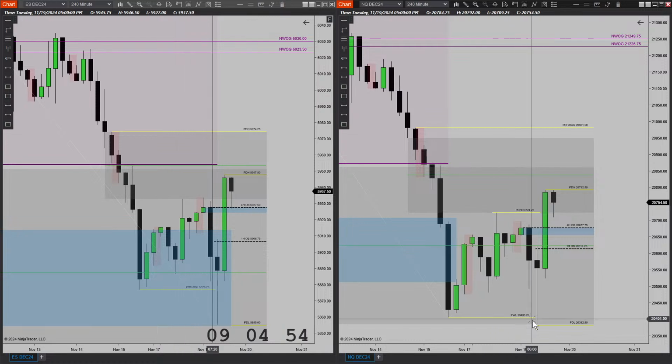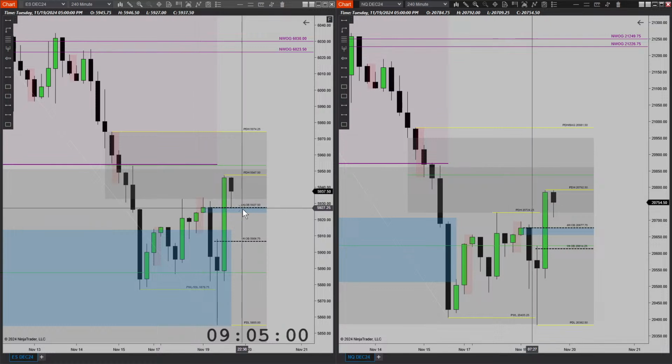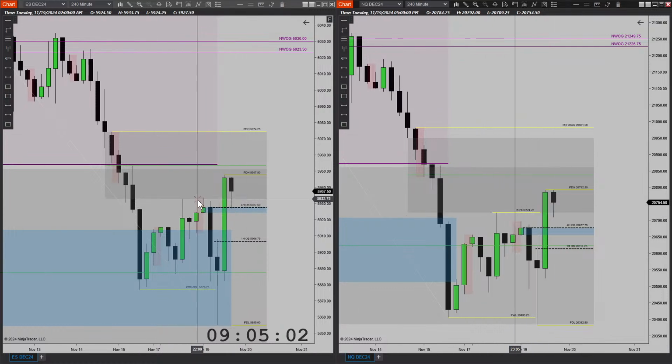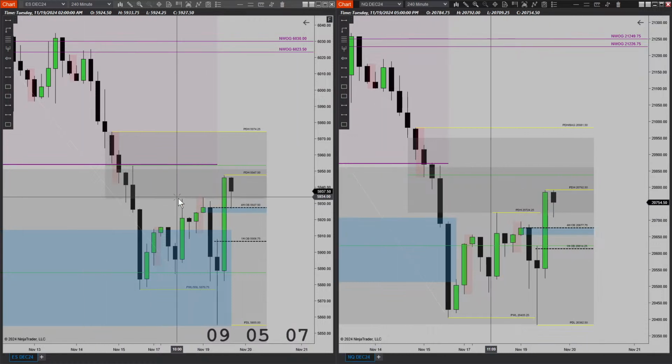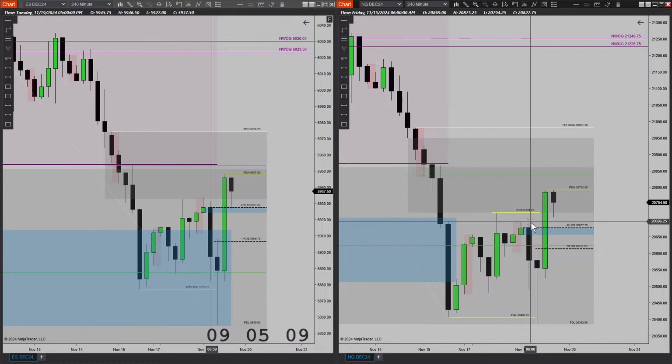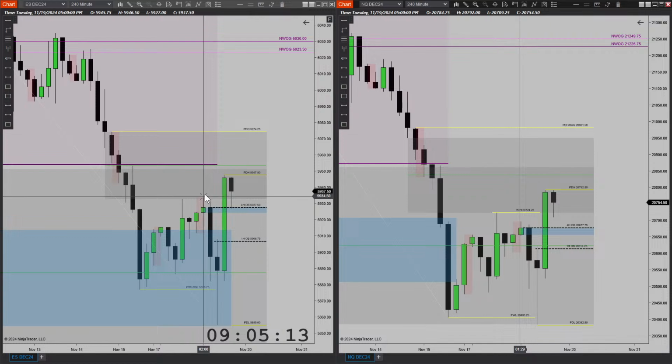Took out buy side, sell side, and the reason why this was a pretty good short in the morning, or actually during Asia and London, was because you had SMT between this high and this high here, and this high and this high here. SMT, where this one took out buy side, this one did not take out buy side. So you could have shorted whichever one of these two, as long as they were within